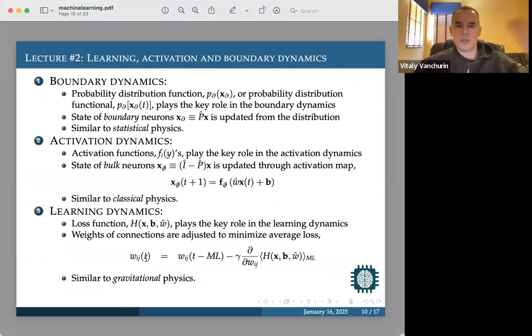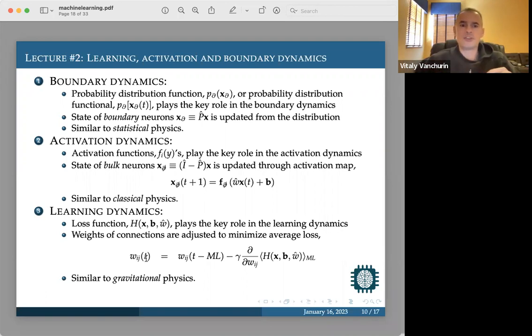And I think it's important to keep them separately, although we'll see that they interact with one another in very interesting, non-trivial ways. And here on the first slide, I just put everything together with a physicist hat on, right? So I put a physicist hat on and say, all right, in physics, we study dynamical systems. In mathematics, they also study dynamical systems, but in physics, we do that all the time. And what are the